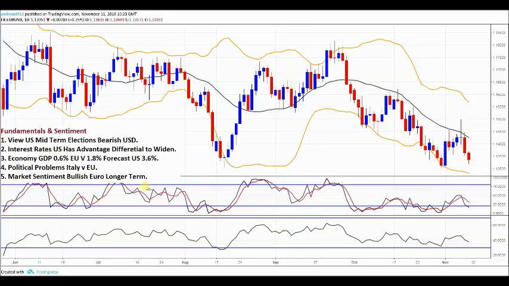In terms of the market sentiment, it's just too bullish of the euro long term in relation to how the economy is doing. And you can see it in bank reports, broker reports, the media generally pretty upbeat about Eurozone going forward. I just don't see that argument, okay? Now, let's go to the price action. Now, we obviously saw,